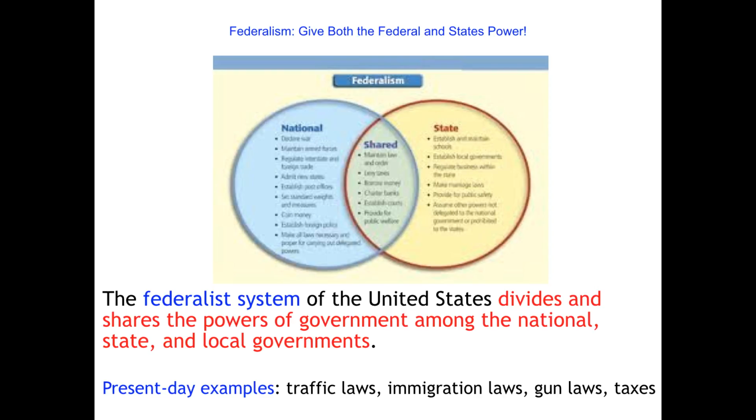Gun laws vary with every state and every jurisdiction in those states. So the County of Los Angeles has a different set of gun rules than the County of Kern, and et cetera, et cetera. And then there are, of course, some national gun laws that people have to follow too, which are things like registration and background checks and things like that.